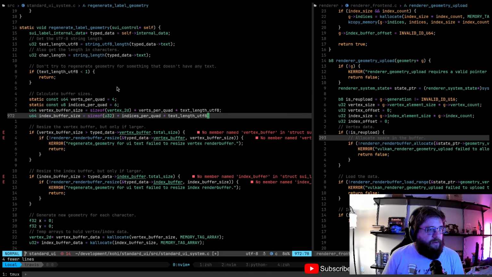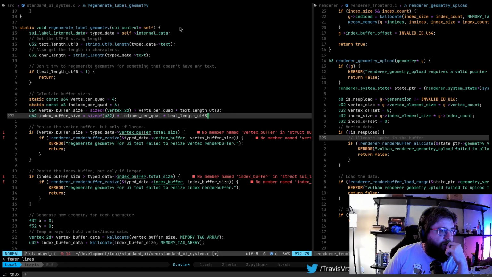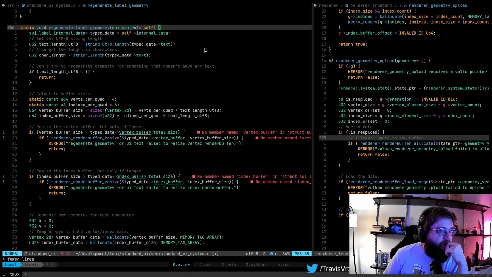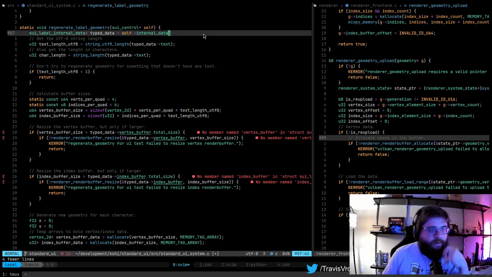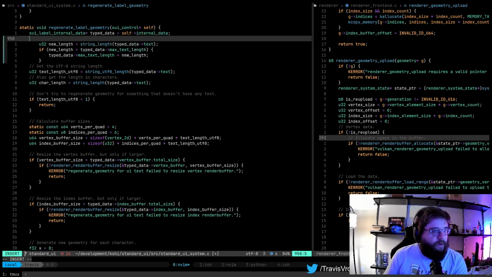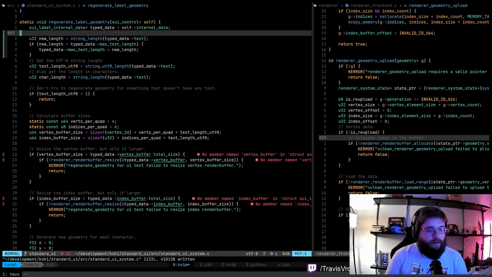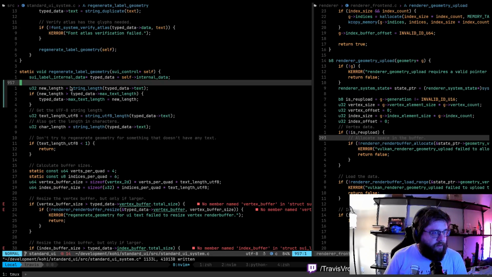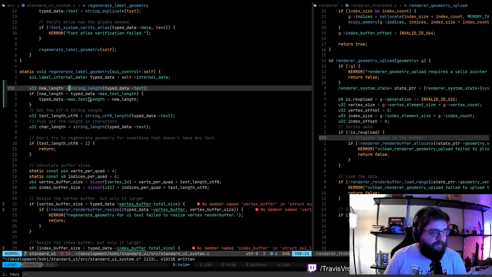Length and characters, UTF-8 length. Okay. So I guess we could put that logic here. And technically new length would be this, right? So we could use char length for this, so we actually don't need this.